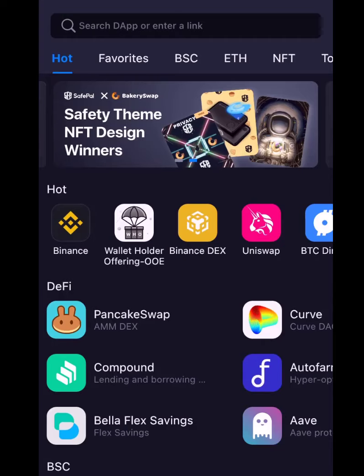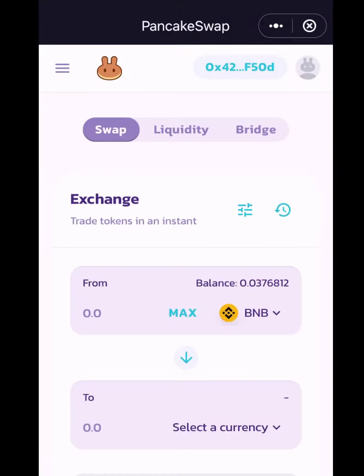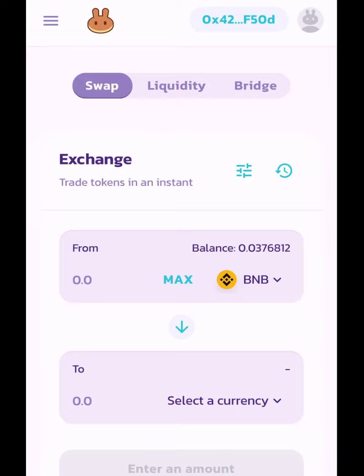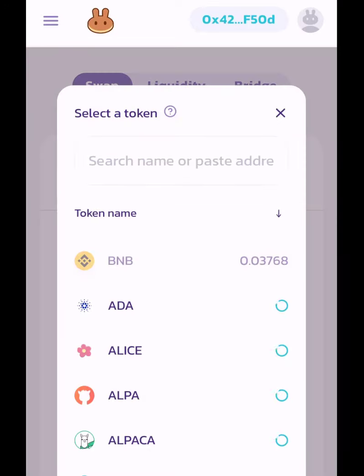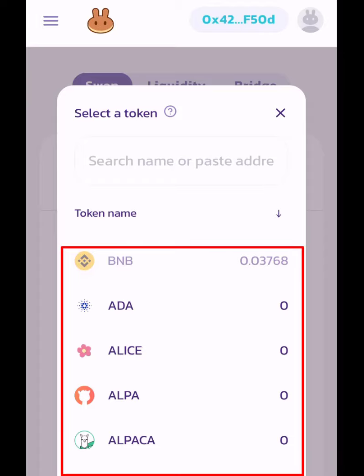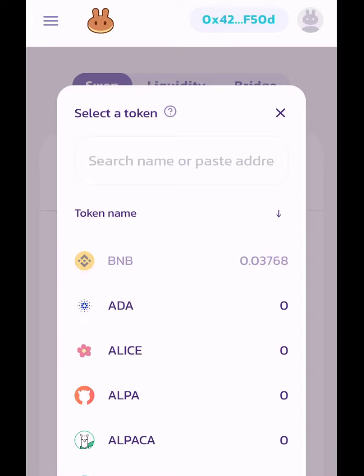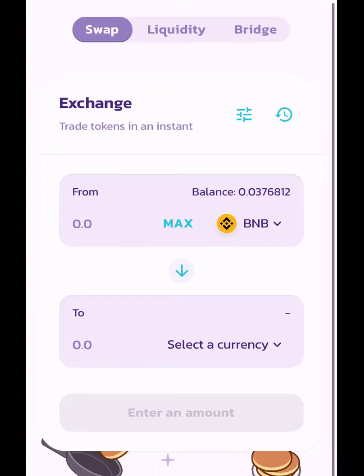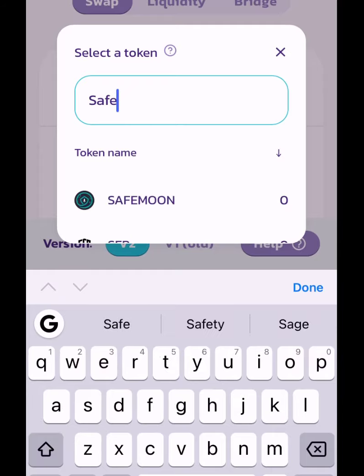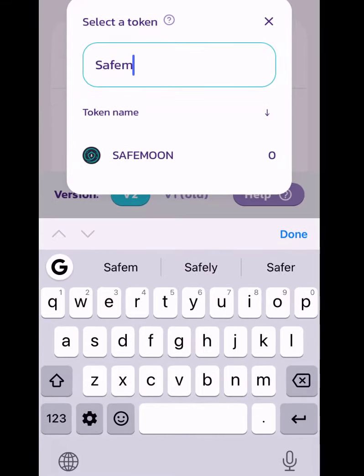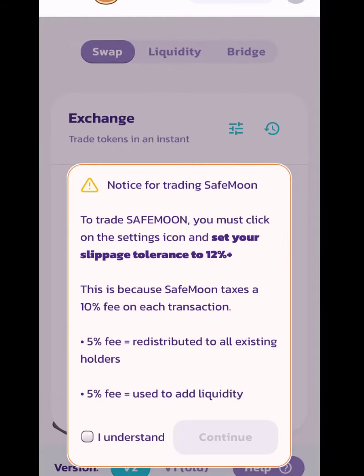And when you click down here on Pancakeswap, it takes you to Pancakeswap, connect your wallet up here, and then your BNB shows here. If you have other coins that you can use to exchange for another coin, they should appear here. Assuming you have BUSD or any other coin under the Binance Smart Chain, it should appear here, and then you proceed. Here they have the BNB, and let's say I want to buy the SafeMoon coin. You can either choose it from here, I understand,